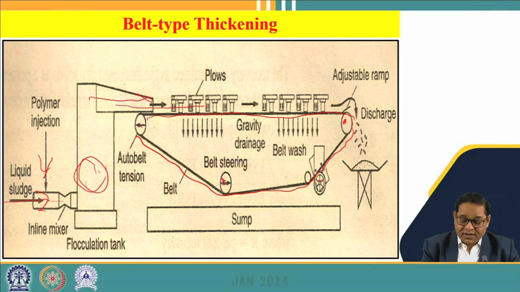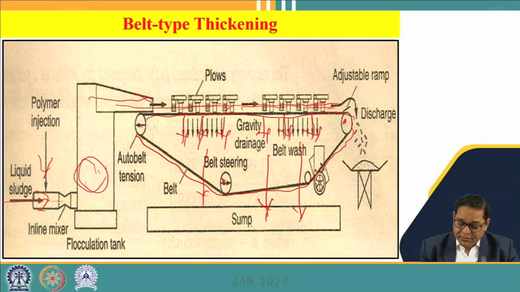Whatever sludge comes will roll through these belts, and whatever water is there will be separated out during its rolling over the belt, and this will be collected again in a sump provided at the bottom. And whatever concentrated sludge there is, when it moves to the